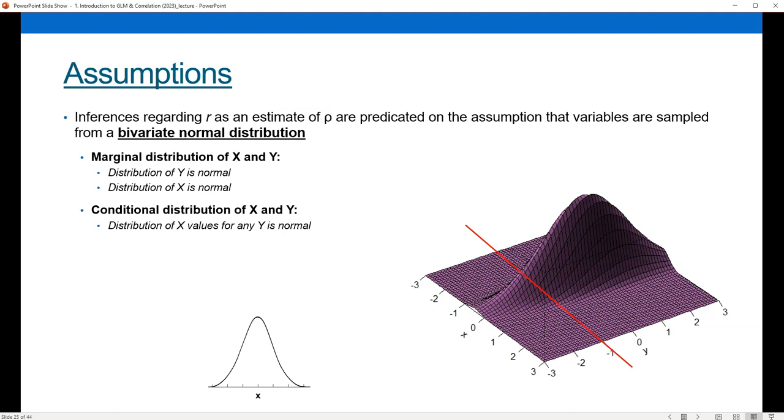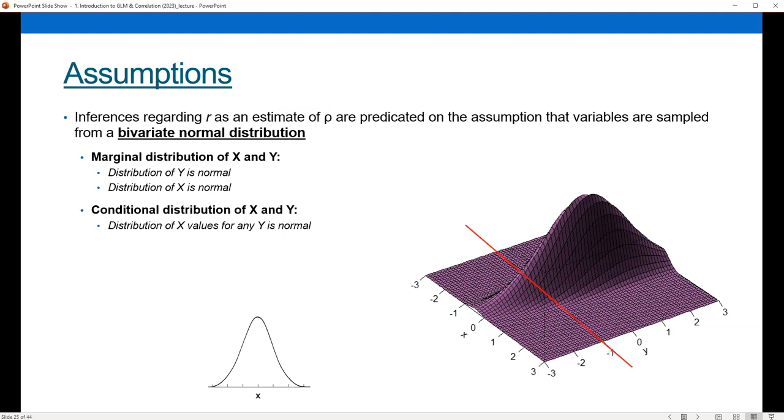Okay, so if we go back to our bivariate space here and use this line to bisect and think about this, if this is a three-dimensional object and I'm saying for y values equal -1, if I were to take a knife and slice that distribution, what I would see, looking at the end, is that the distribution of x values still follows that normal curve. Okay, and if I were to slice this at -0.5, 0, 0.5, 1, no matter where I slice that, for all values of y, the distribution of x continues to be